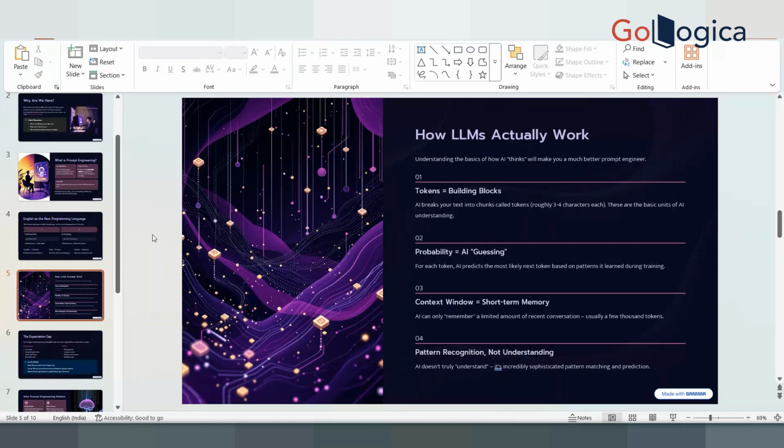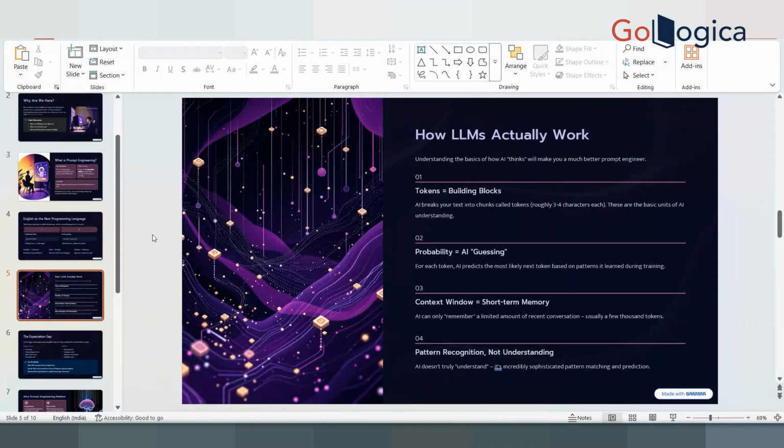Now, whatever I'm explaining, these tokens and probability and context window and pattern recognition, these things are common to all the AI models. The only difference is that when you are communicating with a text-based LLM, you get text back.